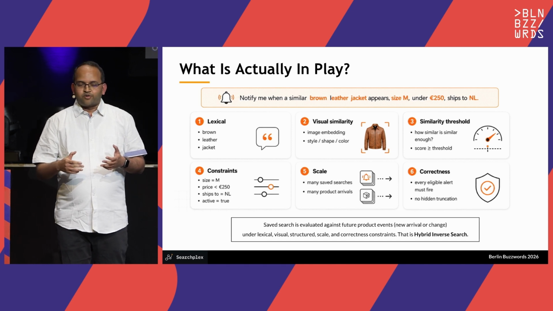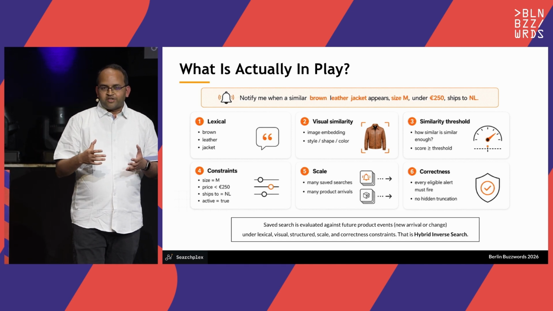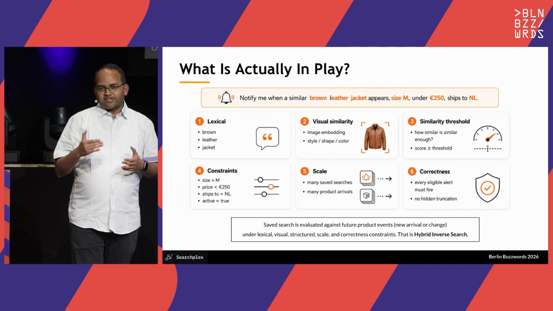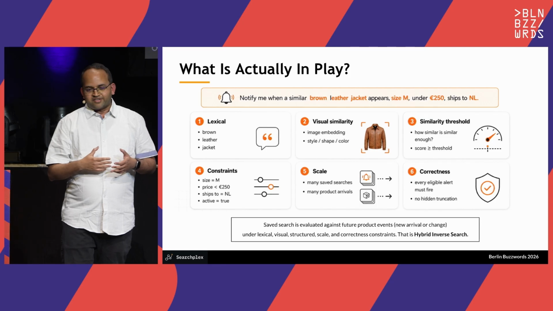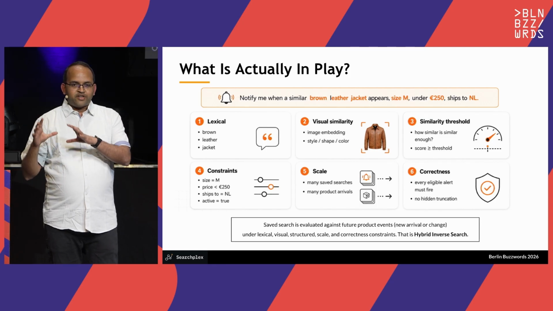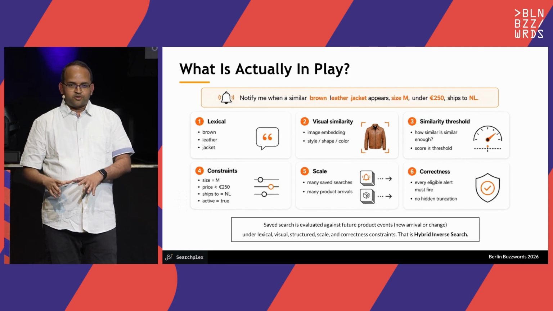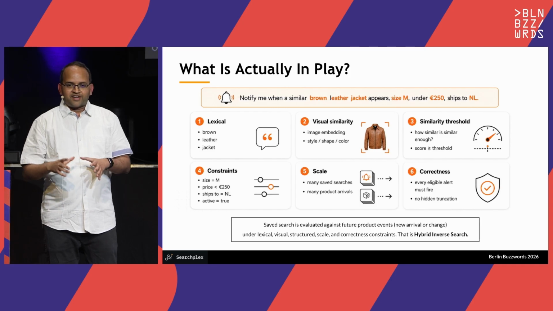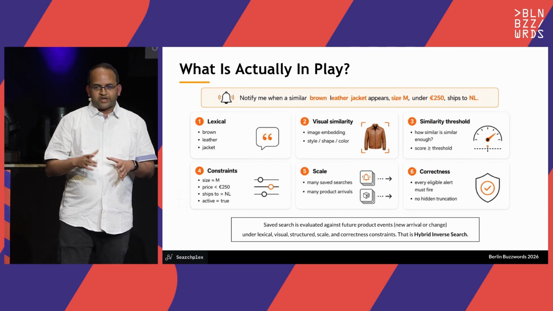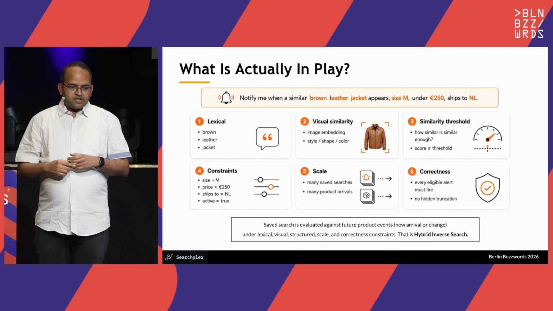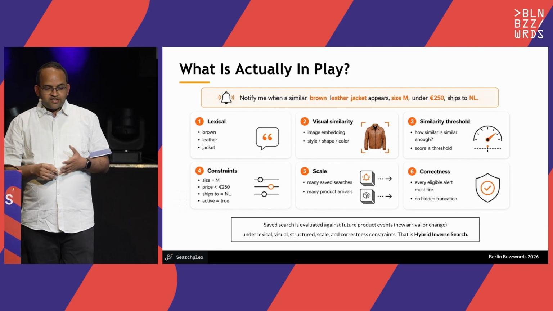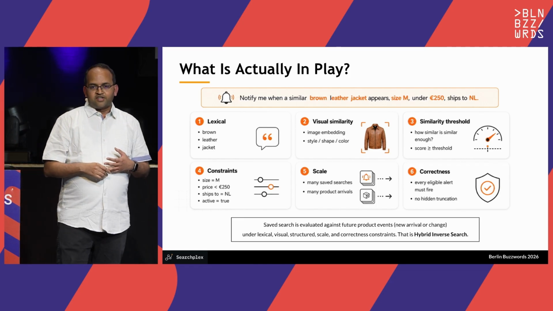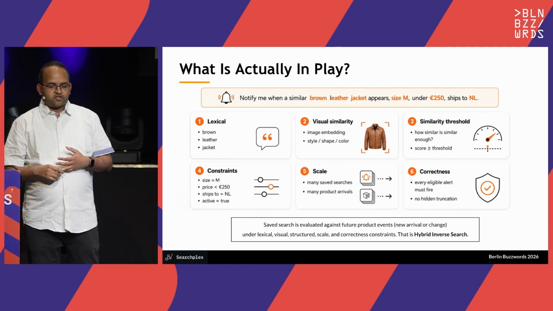But if you are looking for something more common, you are probably going to give a higher threshold because you don't want to be spammed by many matches. So think of it like every query has a different threshold. Now we have to satisfy that along with the vector distance itself. And of course, the other constraints which were always there about size, price, whether it ships to a certain country or not,